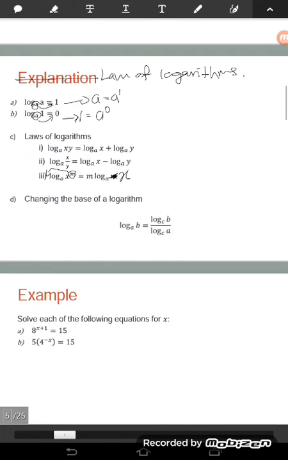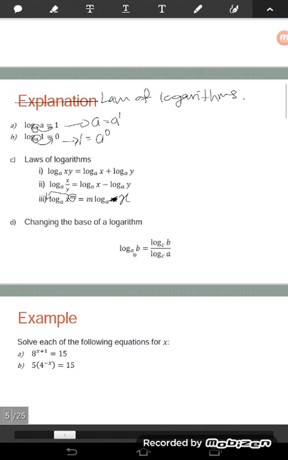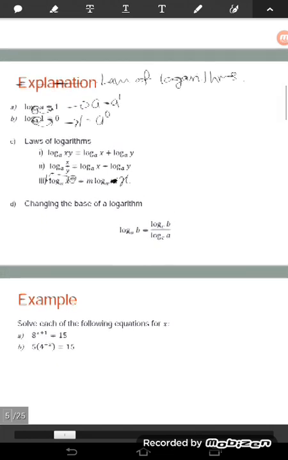Okay, next. You can change the base of logarithm by using this step. So log b base a. You take log b over log a, and the base you can write down any base. So base ni awak boleh tukar apa-apa yang awak suka. Yang paling penting kat sini, log b dekat atas bahagi dengan log a. So a dekat denominator, b dekat atas.